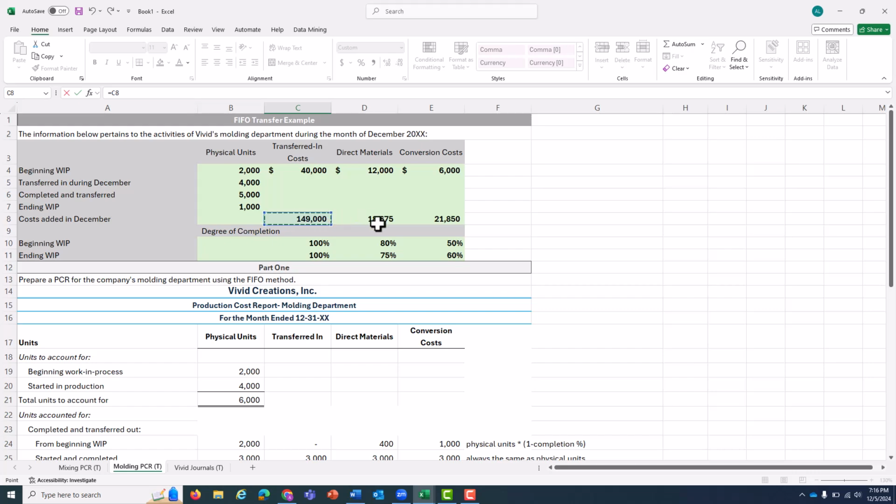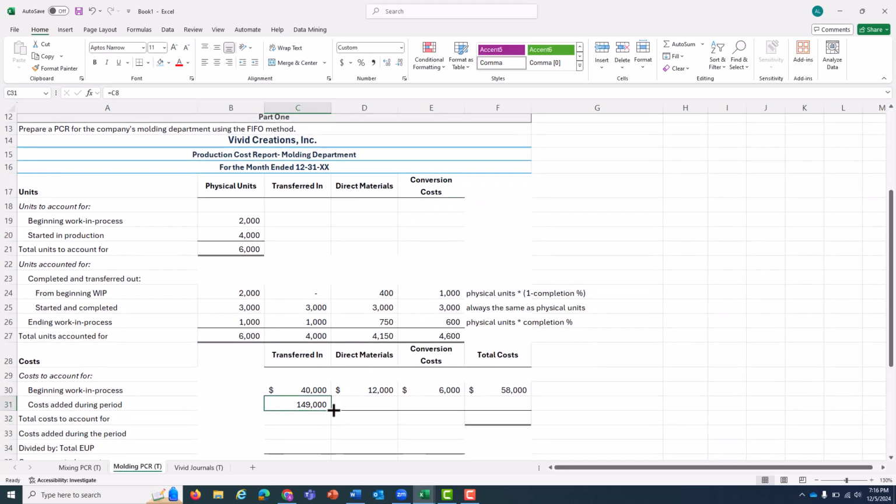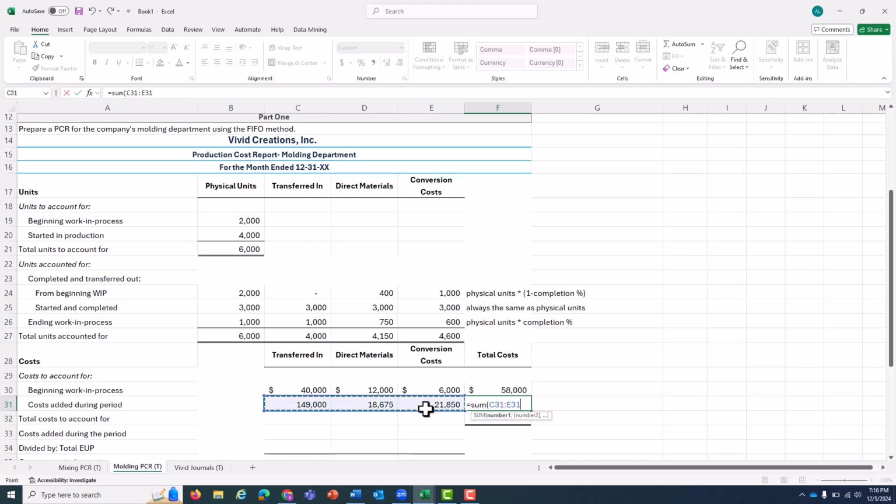And then the molding department added $18,675 in material costs and $21,850 of conversion costs. So we bring those numbers on down over here, and just like above, we determine that the sum of those three numbers, the amount of cost that got added to units during the period between both departments, was